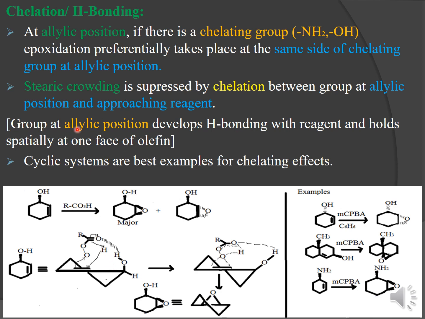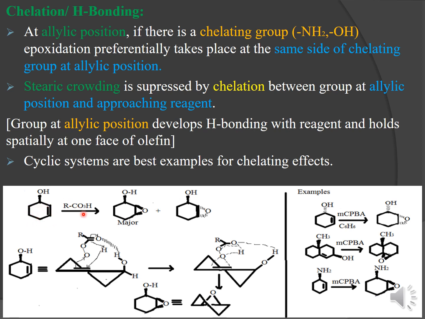So here the group at the allylic position will develop hydrogen bonding with the reagent and hold it spatially at one face of the olefin. It will hold only one face of the olefin. It will not go here and there, it will hold only one face. So here the cyclic systems are the best examples. So we are taking the